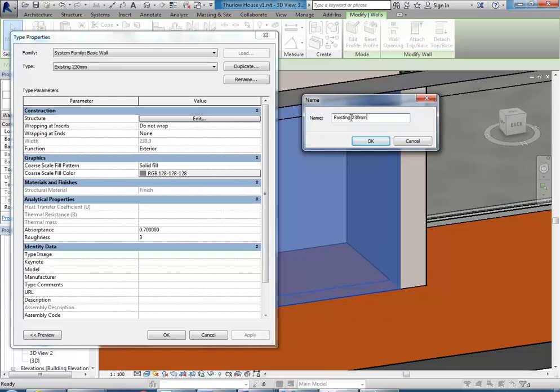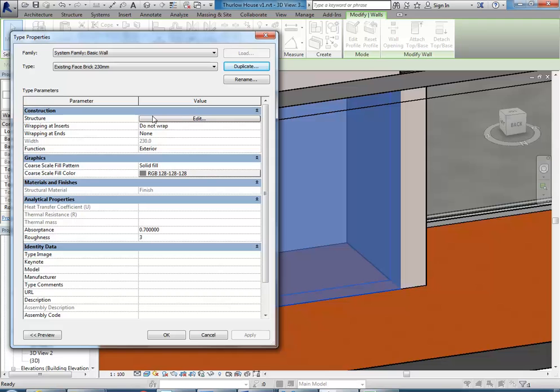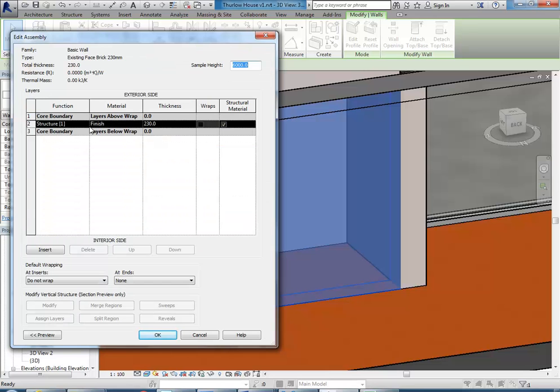And I'm going to call it existing face brick 230. So I'm going to go to edit the structure, and all I'm going to do is change the material. So I'm going to click where it's got the finished material, browse,